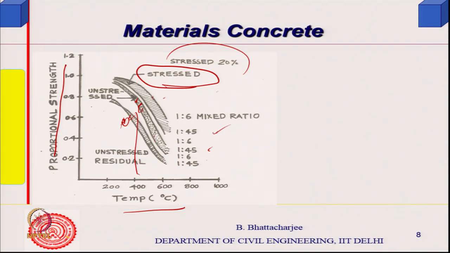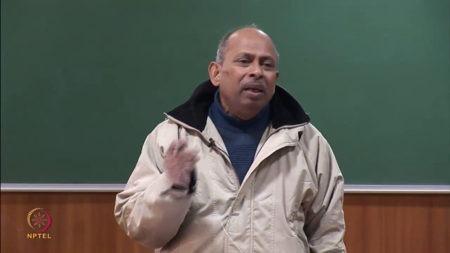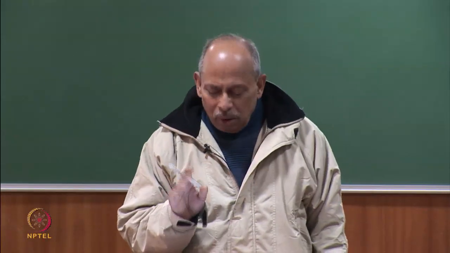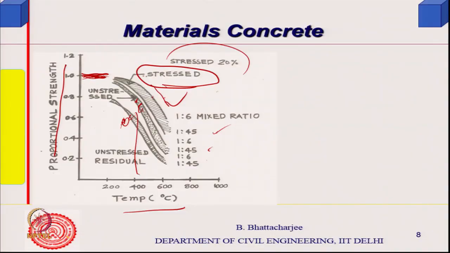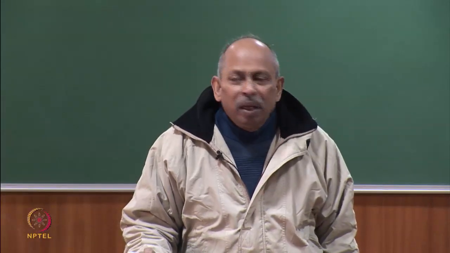So you find that with temperature the strength reduces, uniaxial compressive strength reduces. Proportional strength is 1 if I take the unstressed strength at ambient temperature as 1; I am calling it relative strength. Divide every strength by the normal strength test that you do, and then you get the proportional strength. You find that if it is 20% stressed, at 600 degrees centigrade you will be left with only 40% strength. So if your concrete was showing 35 MPa cube strength at